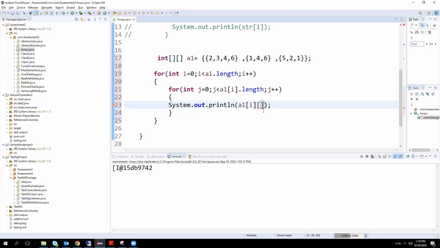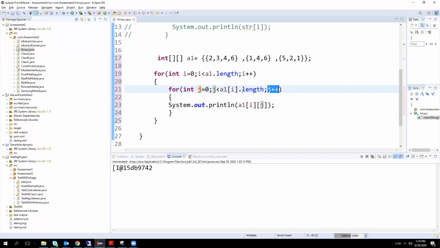Then we have to print like this: a of i, j. I value is 0 initially, j value is 0, so it will print a of 0, 0. After that, it increments the j value. Then again this condition will be checked.